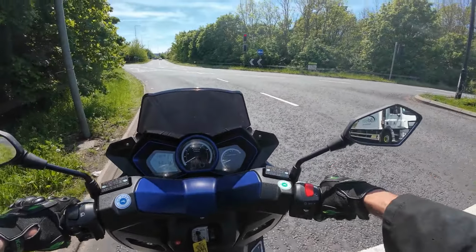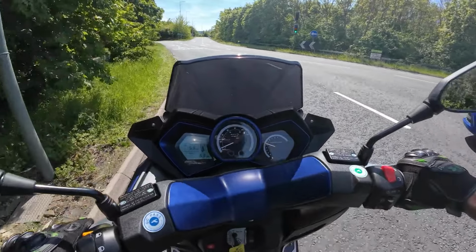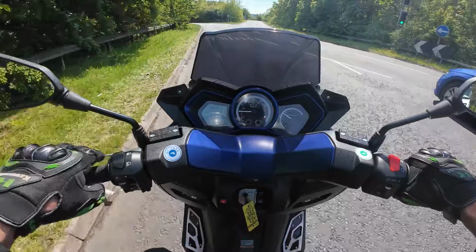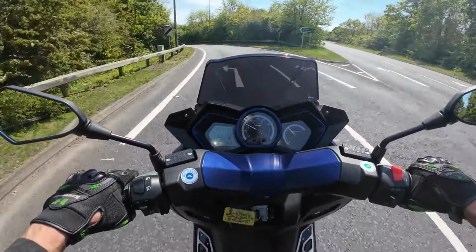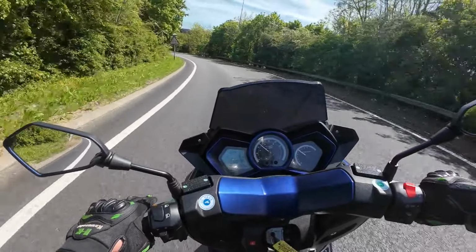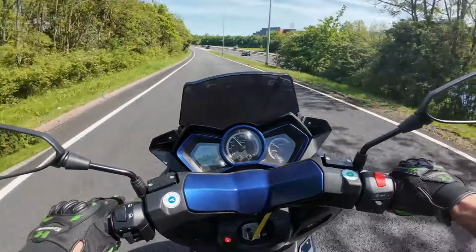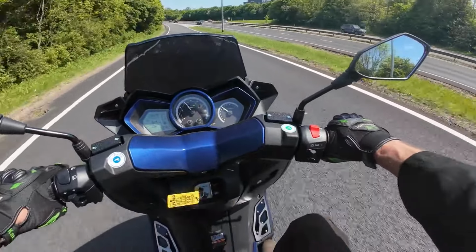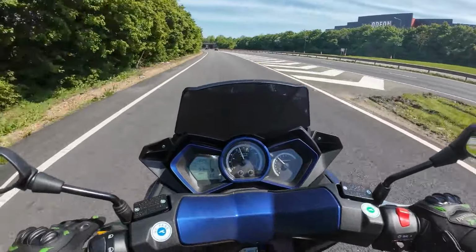So yeah, get yourself some decent foot protection and leg protection: a decent pair of Kevlar jeans. Shell suit bottoms, tracksuit, shorts, and even your standard jeans are not going to cut it. Now obviously I am already sweating buckets, and I have literally got a pair of overalls. Yes, I do have open arms on, so if I pull that up, yes, I have got an open arm, but